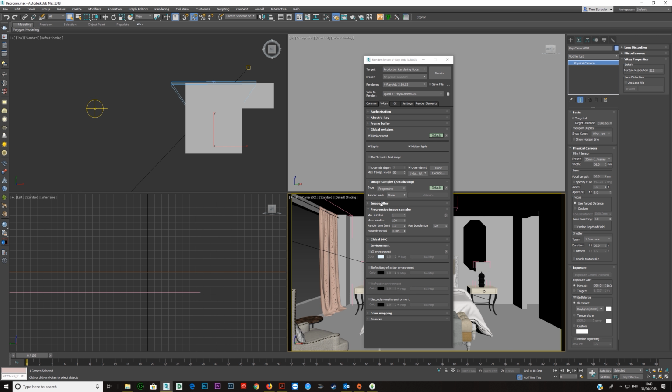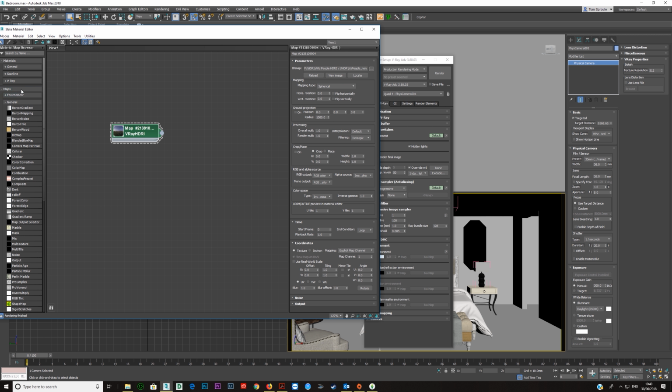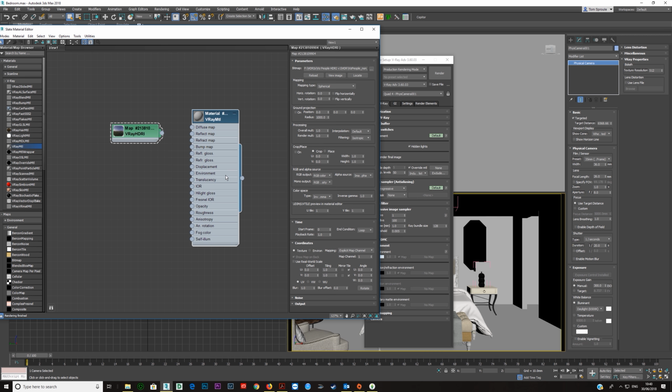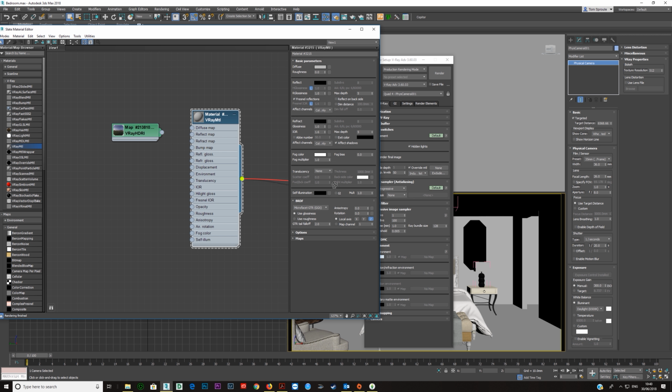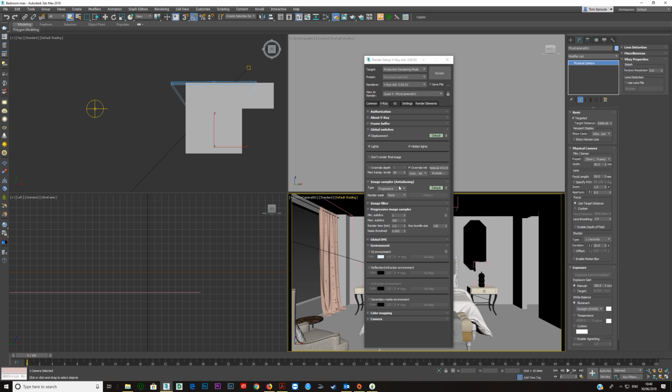So I've gone to global switches, and I've turned on override material here, and I've got nothing in here right now. So if I open the material editor, just come here to materials, V-Ray, double click on V-Ray material, that drags it over here, double click on this, and then just take this straight over here into the override material and make that an instance. So now what's going to happen is you're going to get that gray material instead of